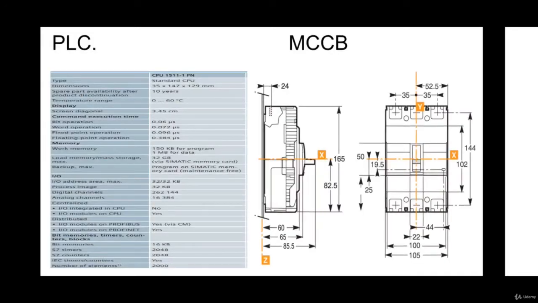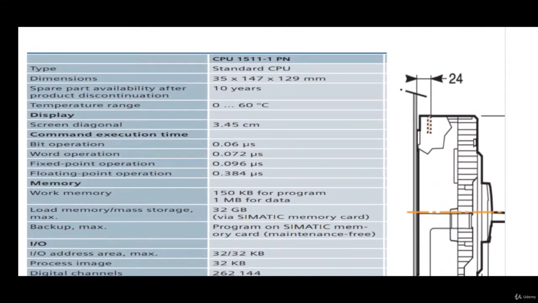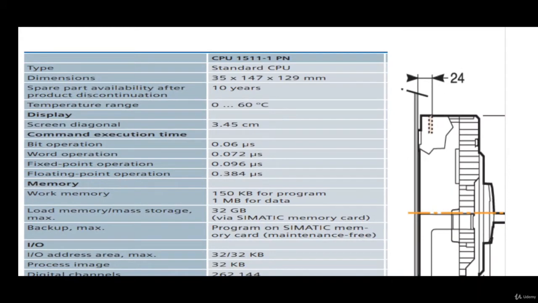This is the PLC and MCCB. This is the PLC of Siemens, which is CPU 1511-1 PN. This is a standard type CPU, and the dimension is 35 x 147 x 125 mm, and the temperature range is 0 to 60 degrees Celsius, which is very important while designing any control panel,